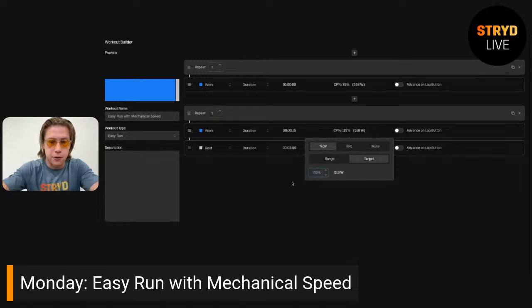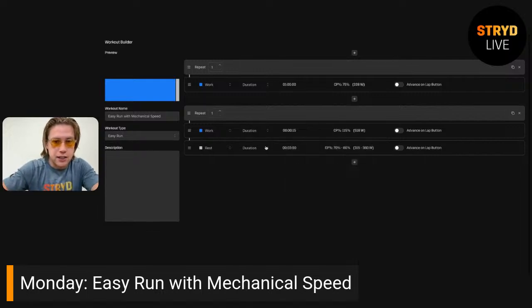115% of critical power there. So around, for me, 518 watts. And then the restoration, 2 minutes will be fine here. And that 70 to 80% is going to be just fine as that default. So I've added in that single section of